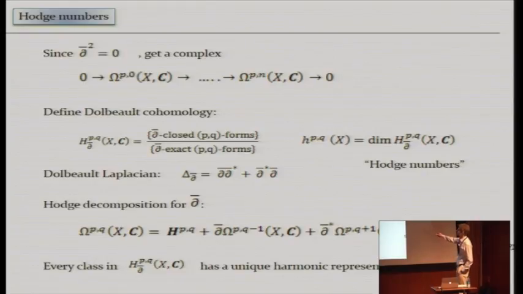We usually use capital H to denote this group as a vector space. If you want just the dimension of this as a vector space, we usually denote it by little h^{p,q}. So the little h^{p,q} is an invariant of your manifold X, which are called the Hodge numbers. This is a little bit more refined in a way compared to de Rham cohomology. De Rham cohomology just had the degree of a form. Now we have the bidegree of a form.